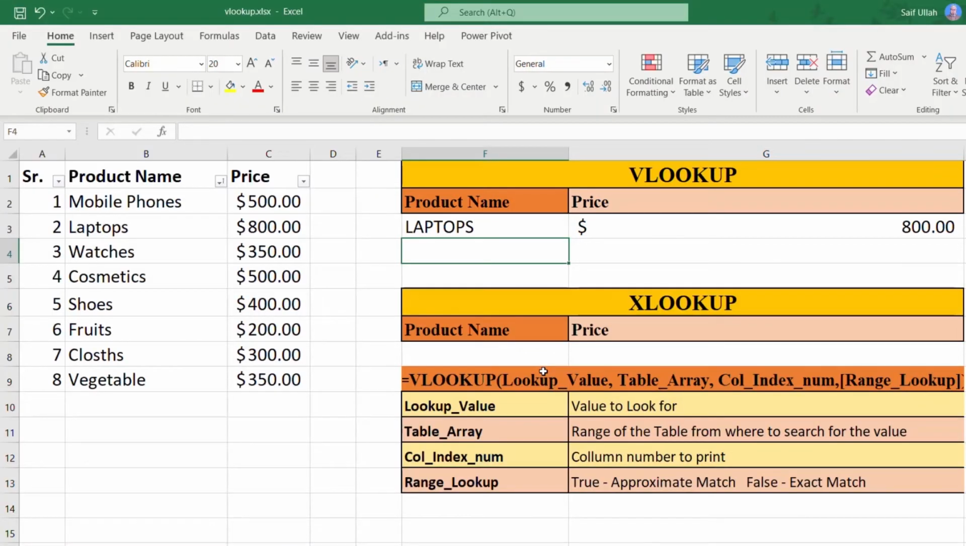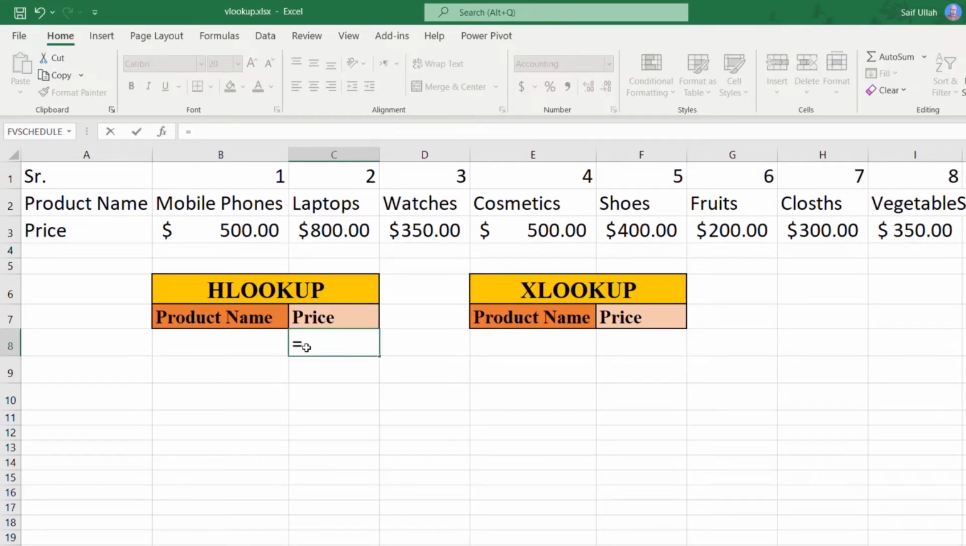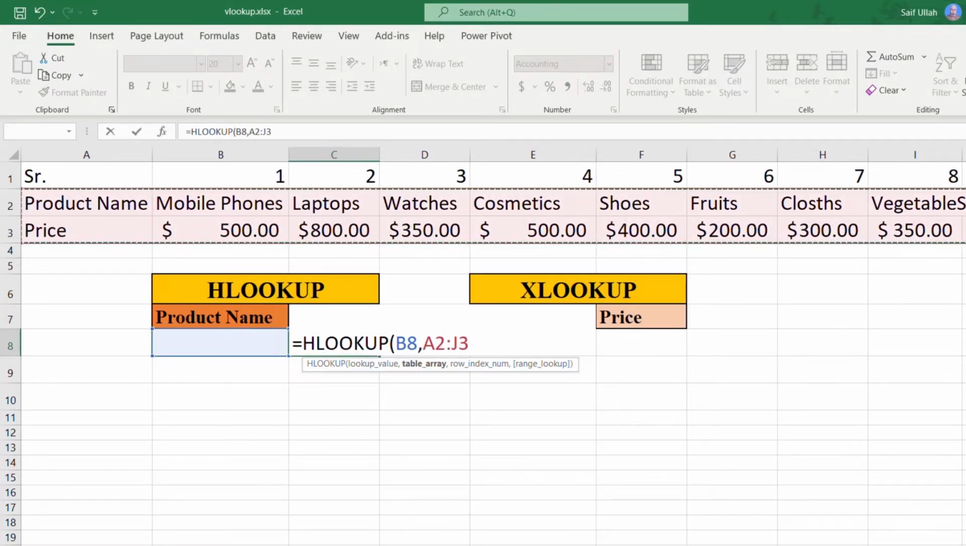Now we are going to study the HLOOKUP feature. As discussed earlier, if our data is in horizontal form, then we will use HLOOKUP function. The inputs are very similar, just a few things are different. Again, in price I will write function equal to HLOOKUP, start the parenthesis, lookup value. Again I will select the first column of the product that I am going to search for, comma, table array, here I will provide the range of the table,